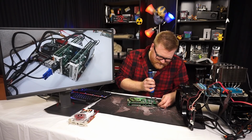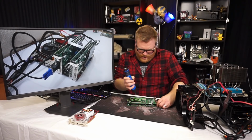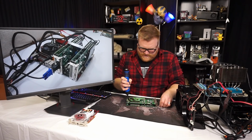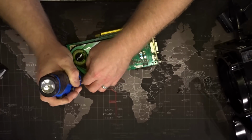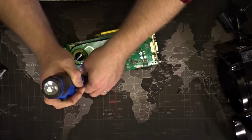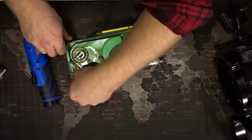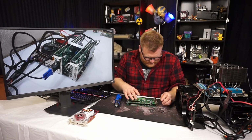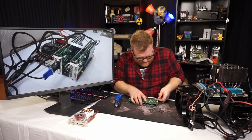We're going to take the 2 cards off of each other and put some new thermal paste on this thing, because my goodness, it gets hot. But I've tested it and it works. It has a single 6-pin, and it's just a really weird card, because I'm hoping it's as simple as that. Well, I guess it's not going to be, because I'll have to take